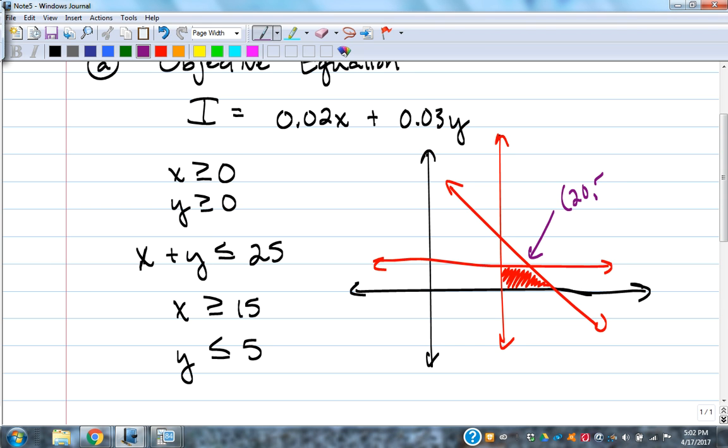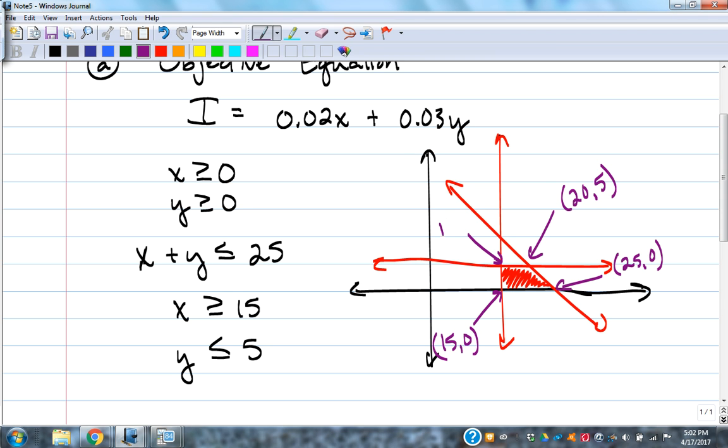That corner would be at 20, 5. That corner right there would be at 25, 0. This corner here would be at 15, 0. You would find these, or they would be given to you. A lot of the time, you're going to get this graph already drawn for you, and they're going to give you an objective function, and all you've got to do is get those ordered pairs and